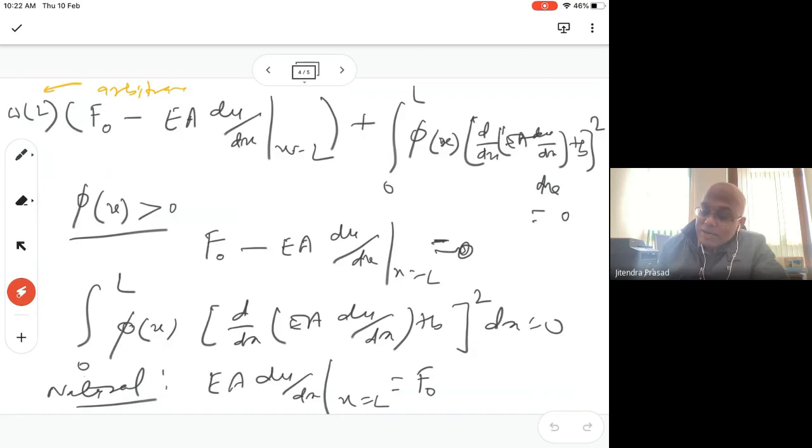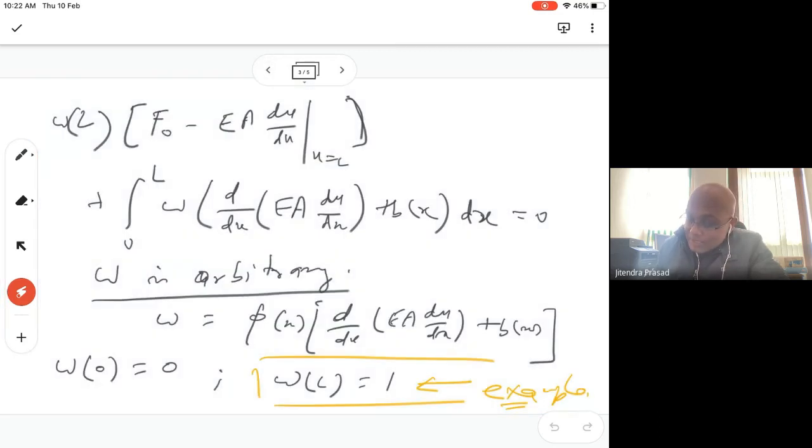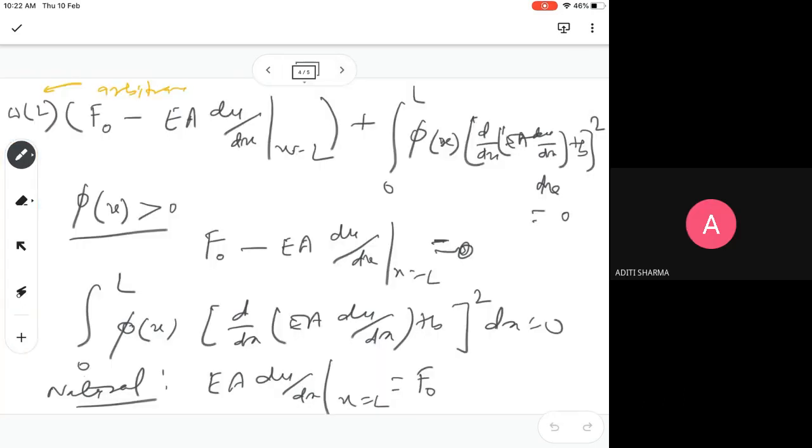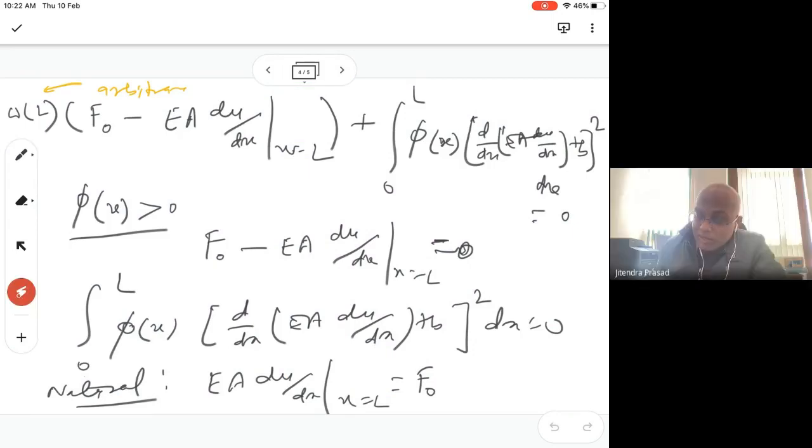No, no, WL equal to 1, I'm saying this is one example. In fact, I haven't even used it. So how did you say that this is zero and this is zero? No, no, this is not a possibility. This will be 0 equal to 0. Why? Because